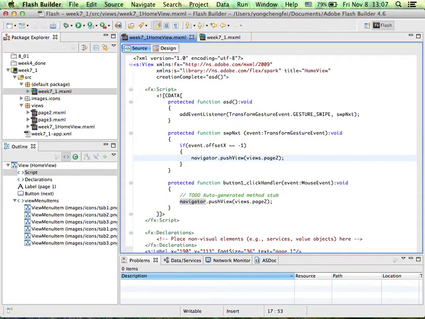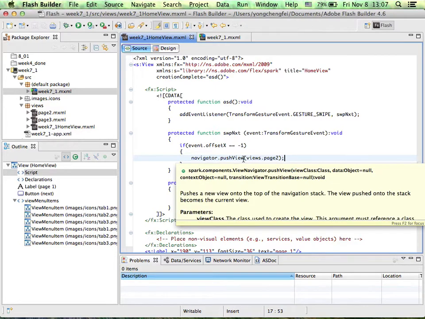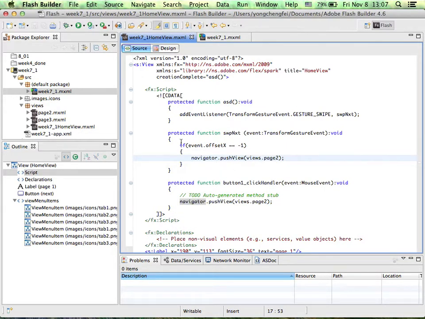Because on our computer, I don't have the Android phone emulator. For your computer, you can download the Android phone emulator and install it if you don't have an Android phone. So clear? You have to remember this. This line of code means when I swipe like this, it will go to next page. Go to next page code is navigator.pushView. I talked about this in week 2 already.